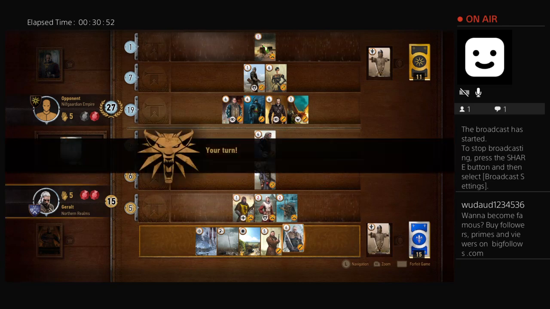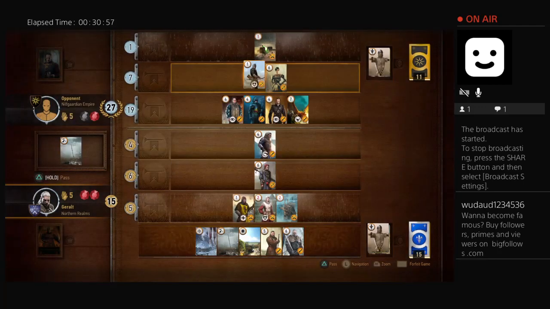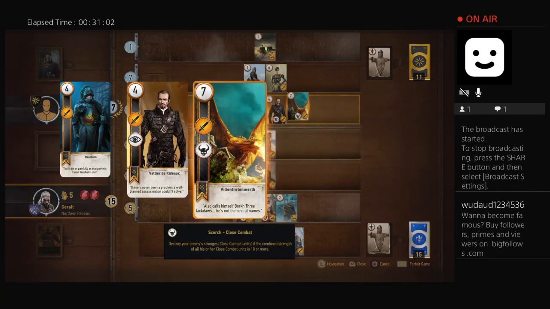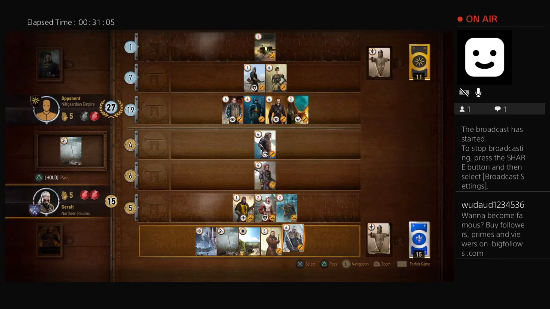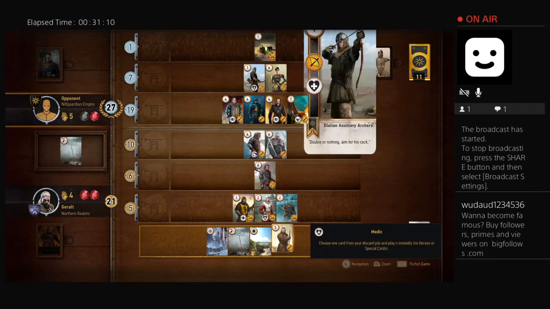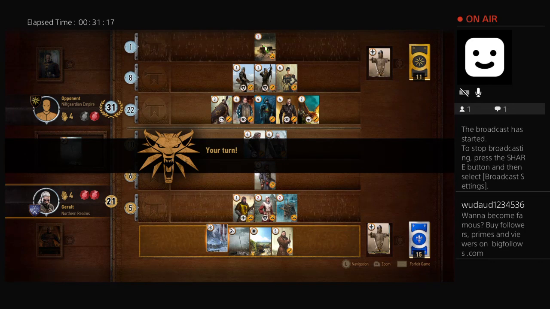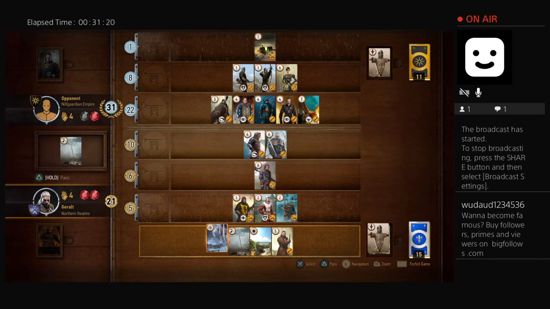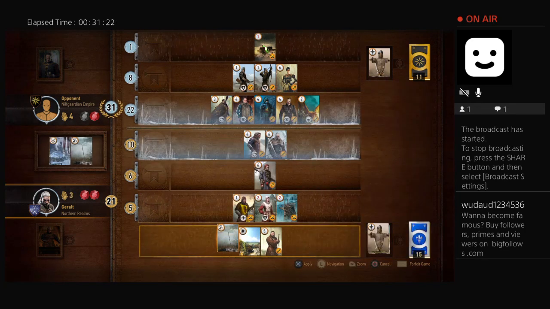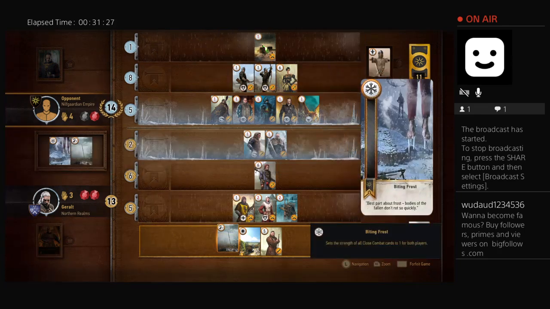What did you just do there? Ah, so he used a medic to resurrect his dragon to scorch my close combat units. That's fine. I am going to use Frost and get rid of his close combat power, taking out plenty of my own close combat power, but